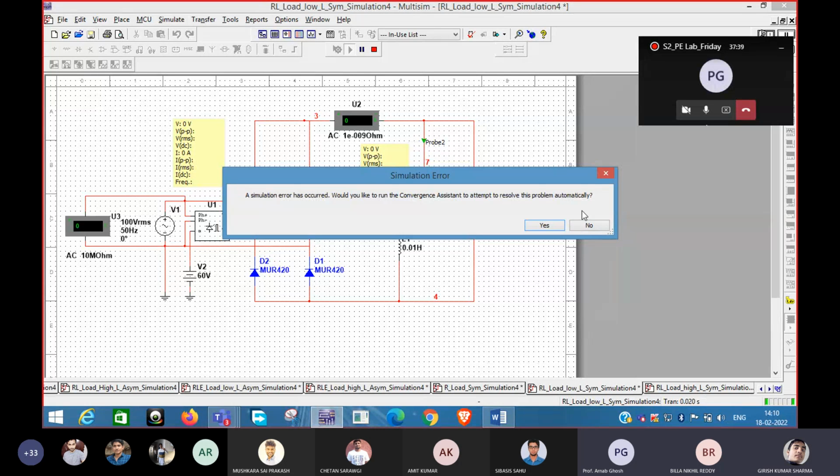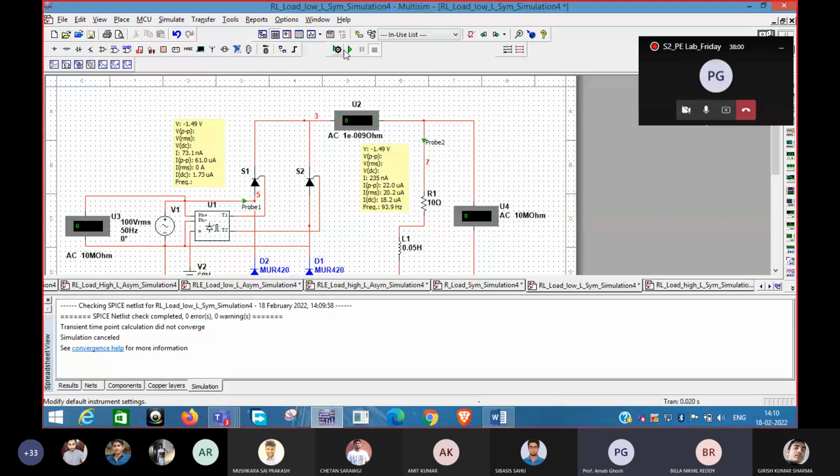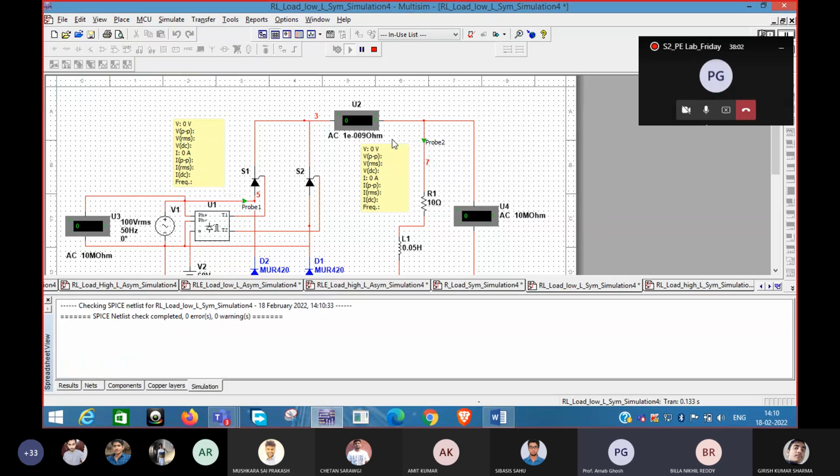That's why you are facing an error. Yes, sir. Okay, so it's not a problem, it's a parameter selection problem, I think. Yes, sir. If you make it 0.05 Henry, then let's see what the simulation shows. Less than 0.1, it's not working, sir. Okay, it happens. Consecutive zero crossing error is there. That's why it happens. Sir, so we need to take more than 0.1 Henry, sir, for a different value of L.